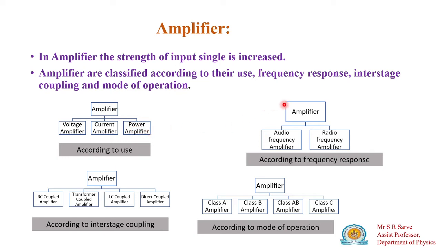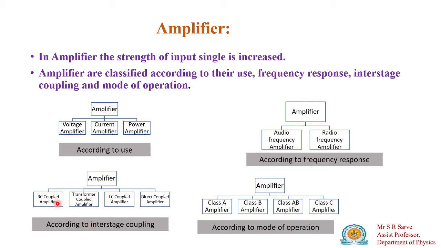Again, if you classify the amplifier according to its frequency response, if you have to amplify the audio frequency range, meaning 20 hertz to 20 kilohertz, then it is known as an audio frequency amplifier. If you have to amplify a very high frequency range, then it is known as a radio frequency amplifier. And if there is coupling provided to this amplifier,